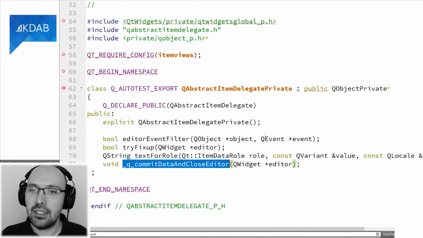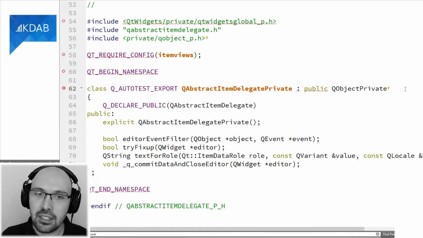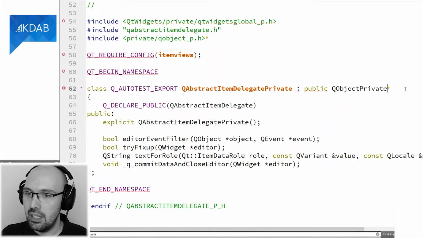And the reason for that is that if you take a look, the private class is not actually a QObject. It does not inherit from QObject, it inherits from QObject private, the private counterpart of QObject, but this isn't a QObject. So you cannot have ordinary slots inside this class. So you have two possibilities pretty much.